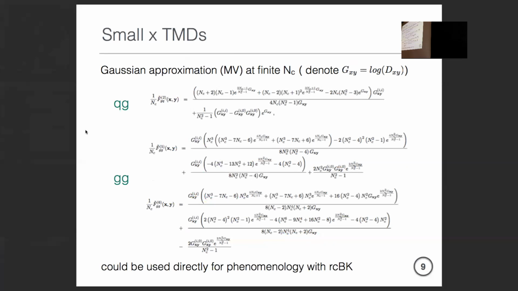So if you take Heikki's expression of what he was using and take the same kinematic limit, the coordinate limit, so that you can compare, Heikki's expression does not reduce to precisely this. And in the large NC limit it does. Yeah. So there are 1 over NC or 1 over NC squared corrections that are correct here but missing in what they used. And who is more precise? Yes, that's right.